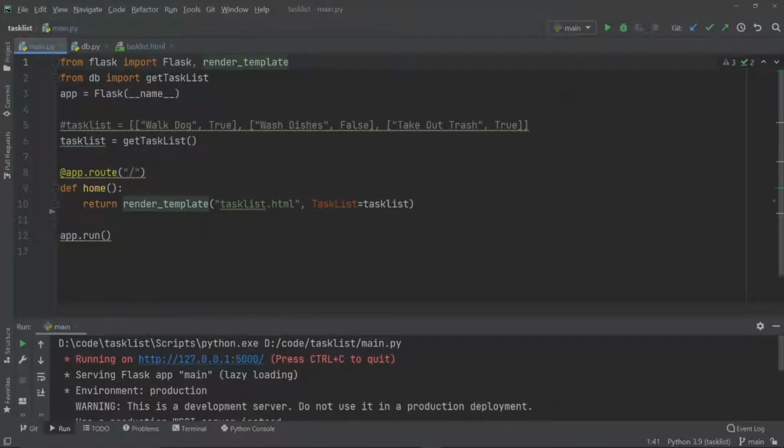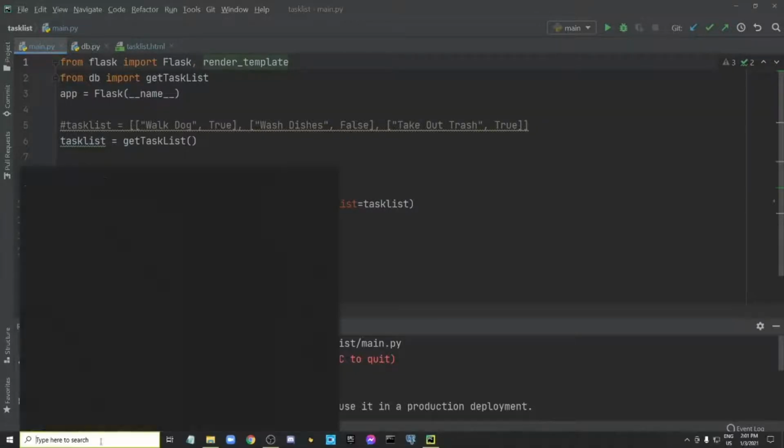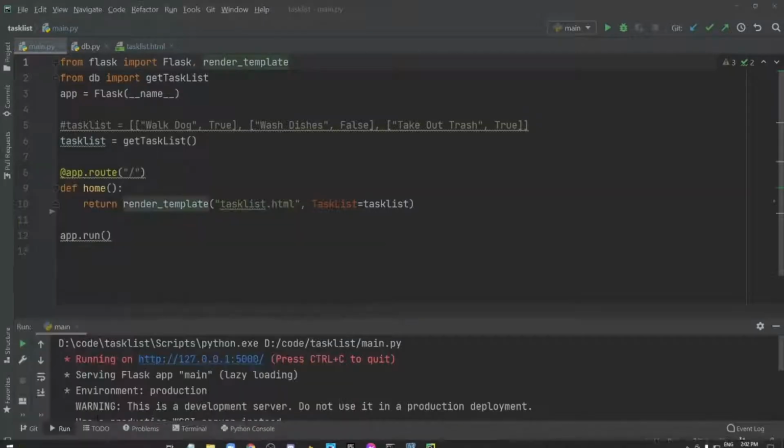Hello everyone. So today we're just going to be adding rows to the database and then showing them on the web page. But before we do that, I want to make some changes to the table just to make it a little easier. So I'm going to open up pgAdmin,